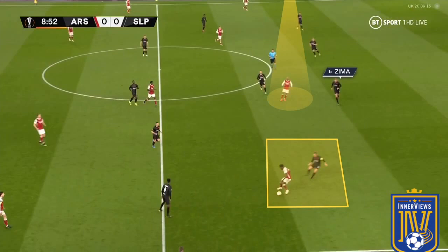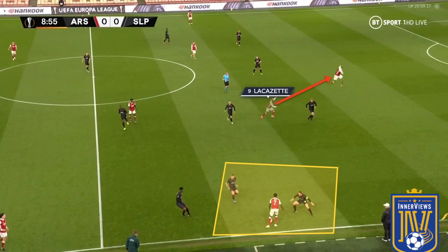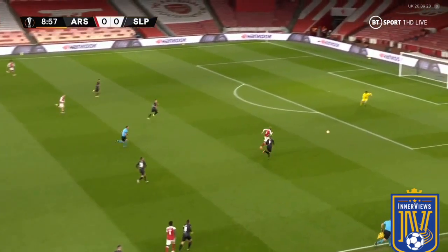What happens next is Saka shifts towards the touchline and he pulls Stanshu and the left back towards him, and that's where you see Lacazette making a run off Zima in behind. Saka locates the run and he ends up playing a ball across the center back for Lacazette, but it's slightly